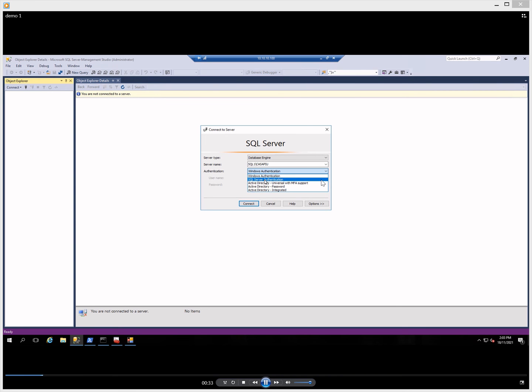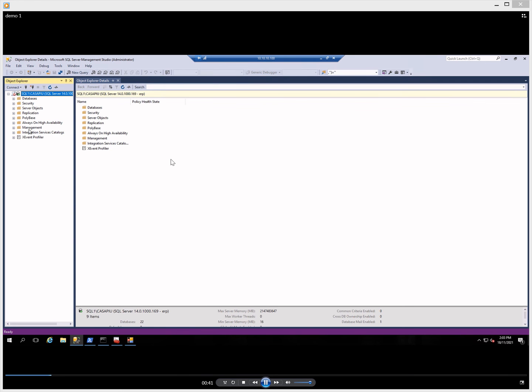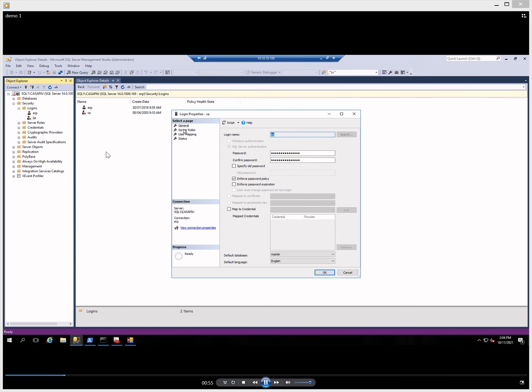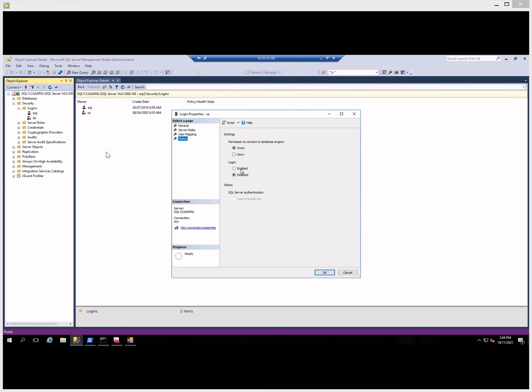There is also a SQL Server account, a very low privileges account. With it, I cannot configure jobs, I cannot enable or disable accounts, and I cannot add domain accounts.